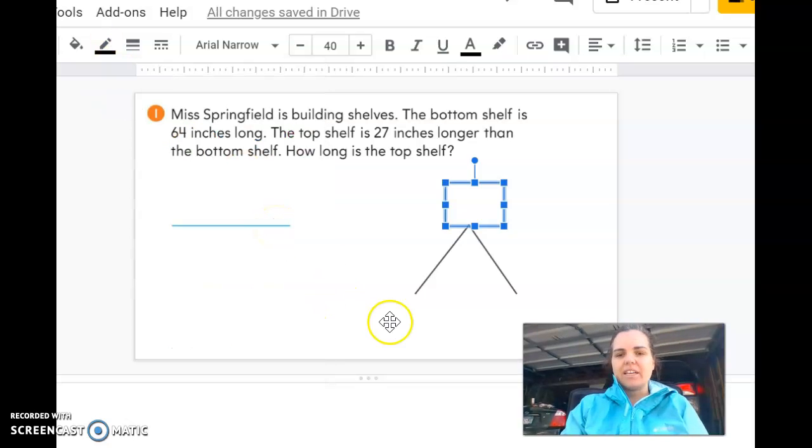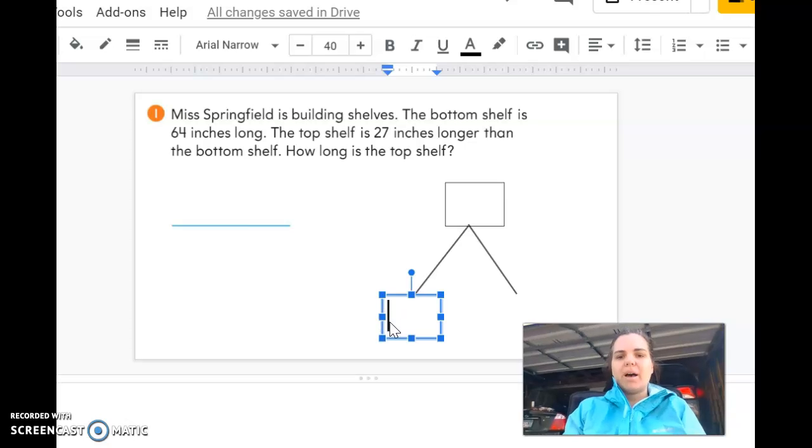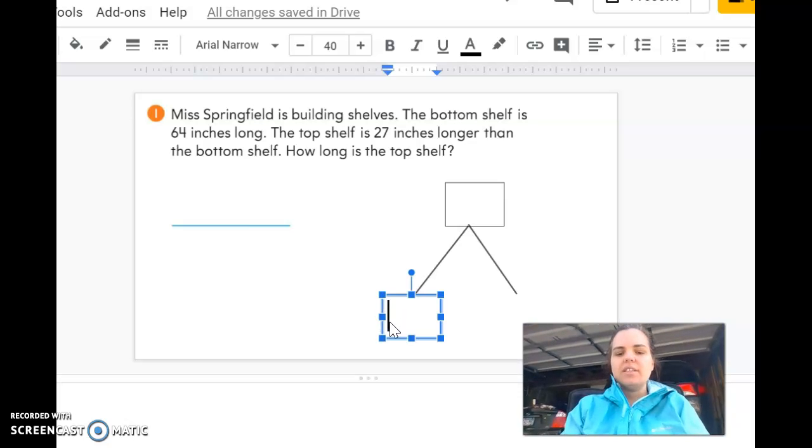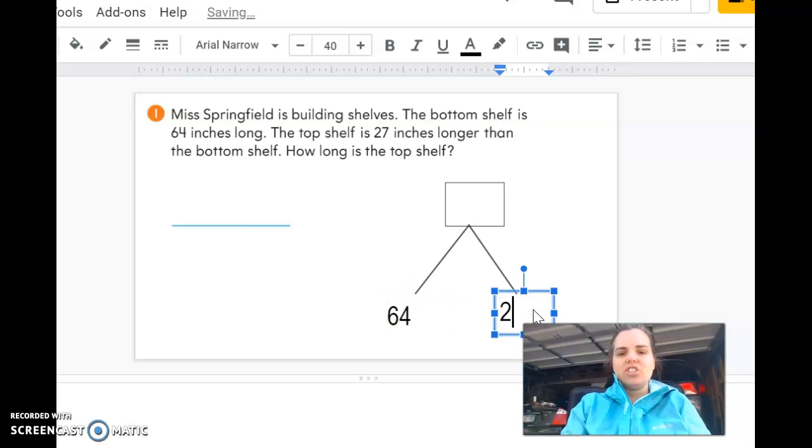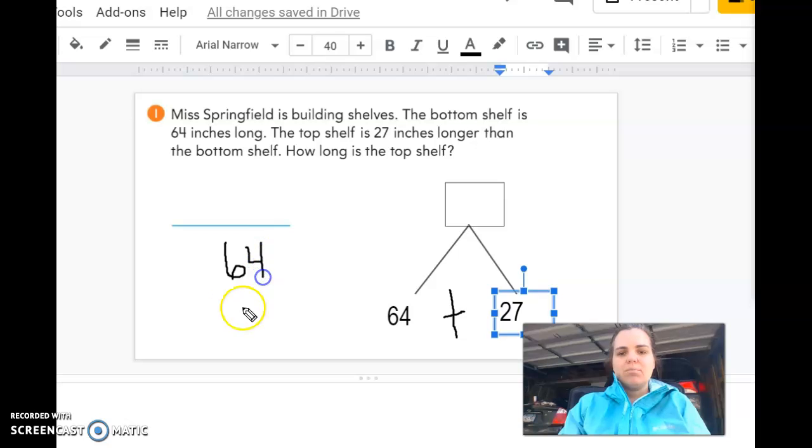So we have our box. But we know the bottom shelf is how long? Yep, 64 inches. How long is the top shelf? Yep, 27 inches. So how do we figure that out? If I have 64 and 27 as the addends, yep, I add them up. So then on the side, I'm going to draw 64, 27, make sure my ones and my tens and my hundreds all line up, equals,